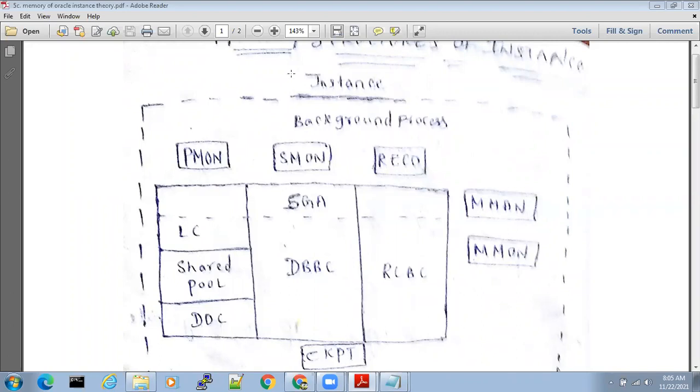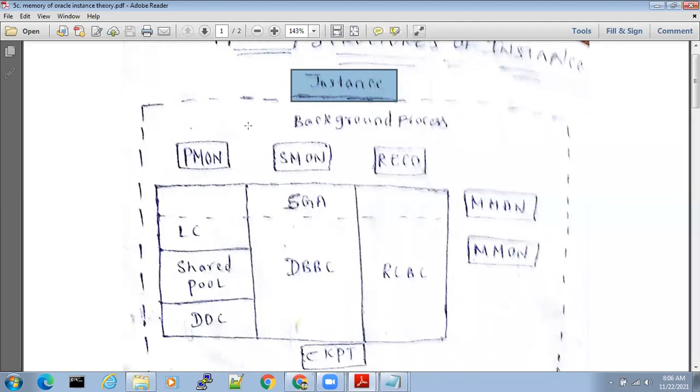Okay. So first, there is a name called instance. First, what is instance? I'll explain it so that you can make a note of it. Even right now, in the running notes, or later while looking at the recording, you can start making a note of it. So what is instance?